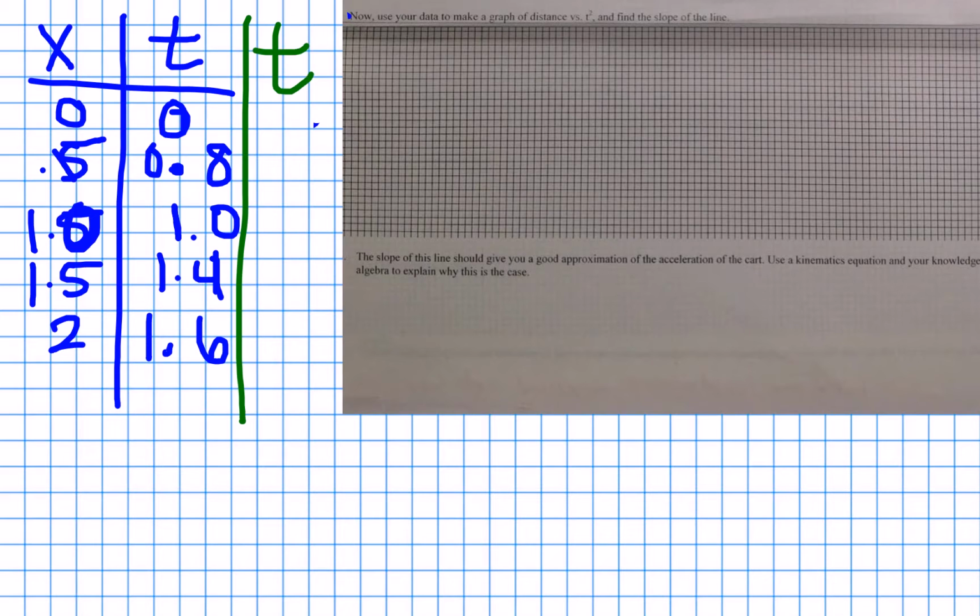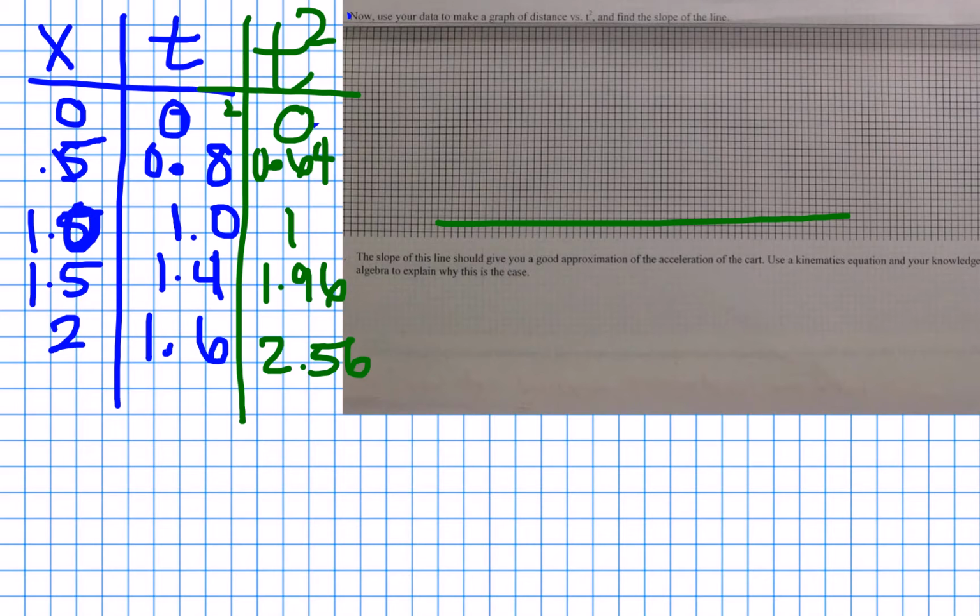This section to your table is going to be the t squared, and literally all you're going to do is take all of these numbers and square them. So 0 squared is still 0. 0.8 squared is 0.64. 1 squared is still just 1. 1.4 squared is 1.96. 1.6 squared is 2.56. And then you're going to relabel your graph so that it goes from 0 to about 3 and upwards